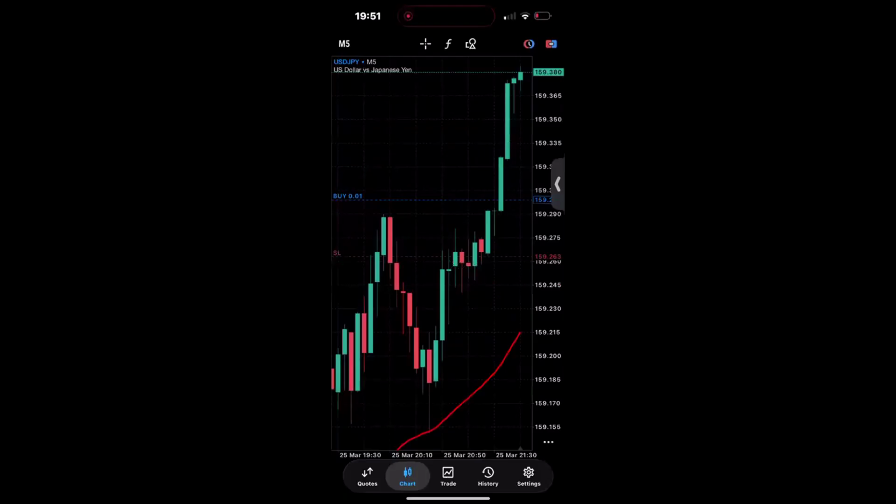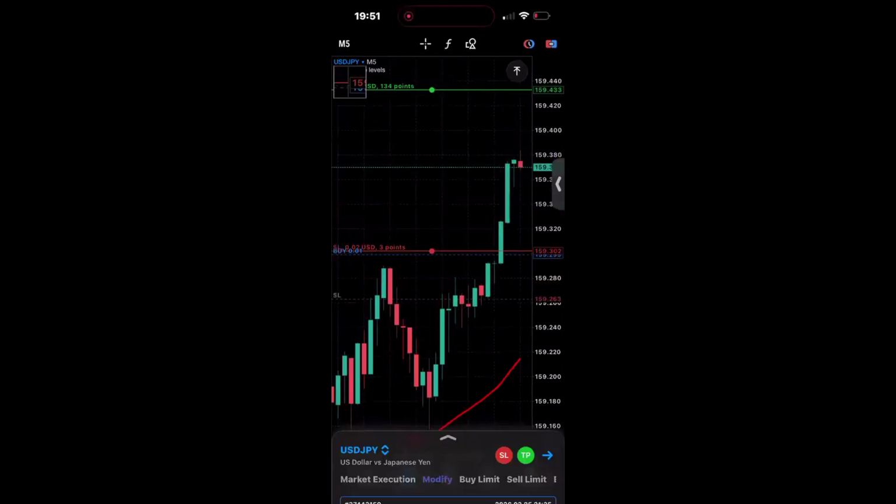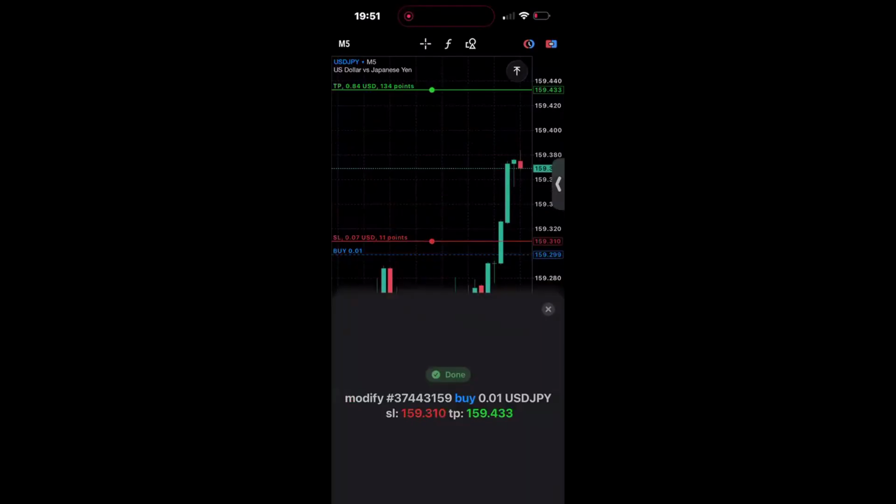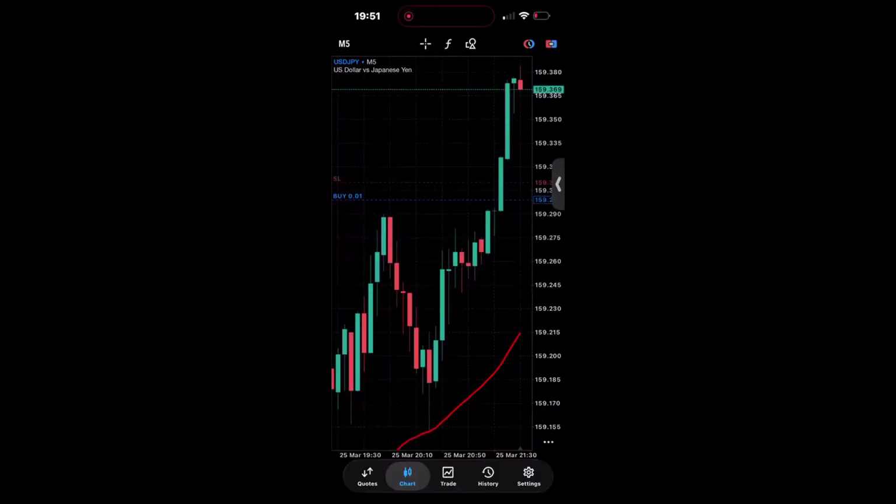I can drag my stop loss to where I entered, and even a little bit above where I entered now. Modify. This way, I'm no longer risking my capital. I am 100% safe. But I have some change left now. If price decides to keep going up, I just need to keep dragging. Okay? So this strategy is very, very simple, and very effective. Like I said, there's nothing you are trading that it doesn't work for.